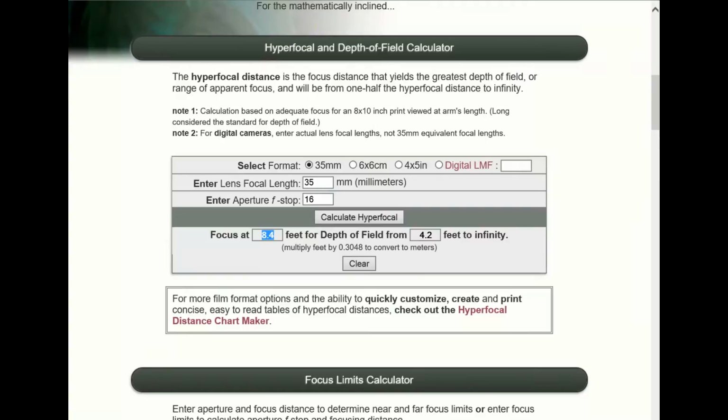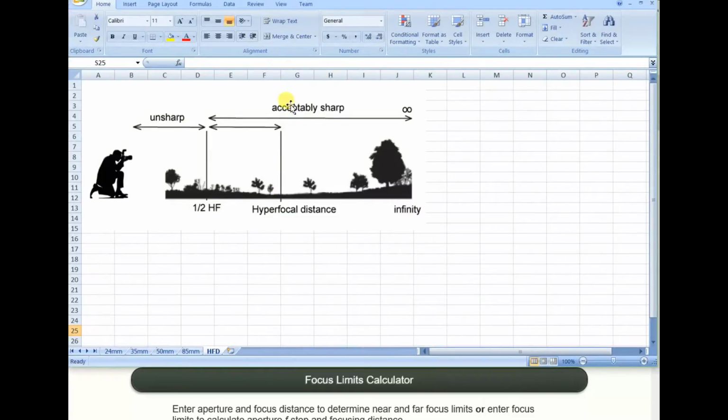So yeah, it's not too bad if you want to use that. And obviously you can change the format on this particular calculator that I'm using to 6x6 or 4.5 inch. Now, let's have a look at the theory just quickly again. So that hyperfocal distance, that 4 point whatever feet, so we're going to focus